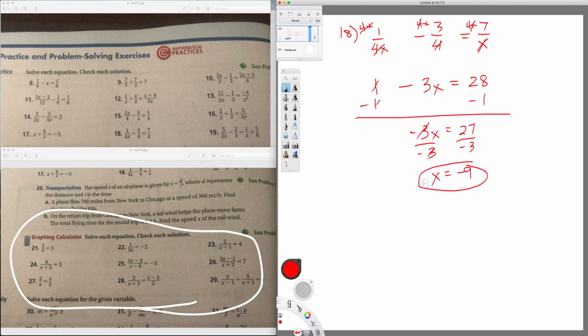That one seemed to work out quite nicely. That does not make a denominator 0, so we're good to go there. 19 looks like it might be a little involved, so I'm going to go to a blank page here. 19,